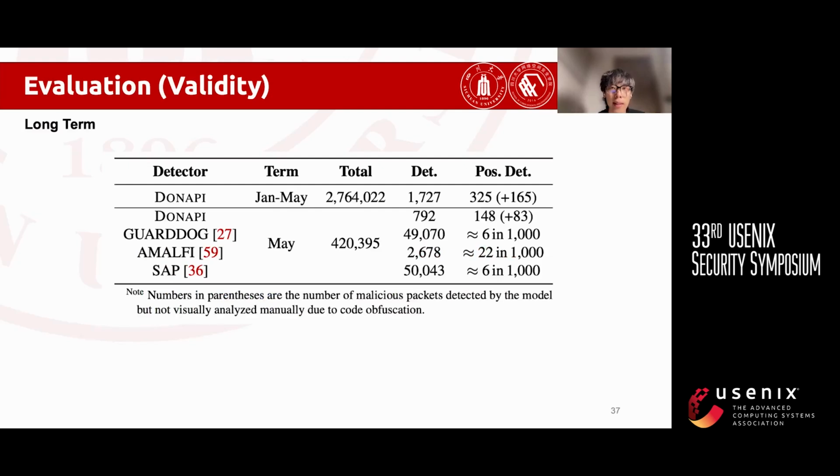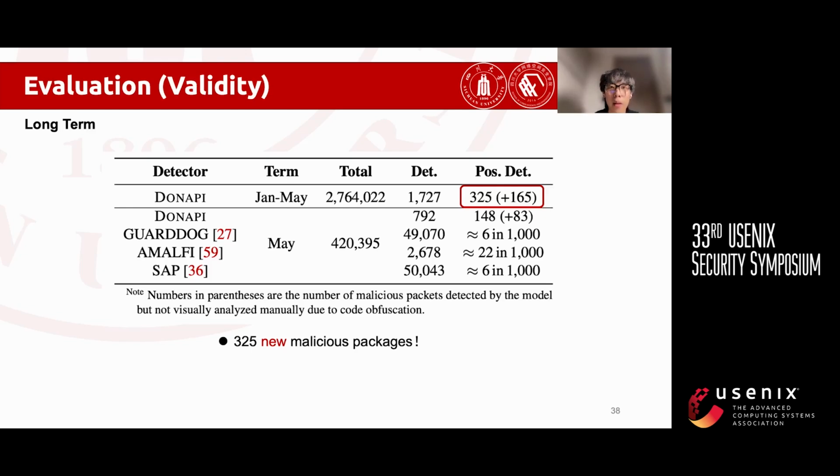In addition to testing them on the dataset, we also explore their efficiency in detecting packages in the wild. First, we deploy our tool on the server and run it continuously from January through May. Second, we detect all updates that we synchronized throughout May using the tool described in a previous section. DET in the table represents the number of detections, and the post-detection represents the number of real malicious samples in the detections. During our 5-month-long detection, we found a total of 325 malicious packages in the wild,